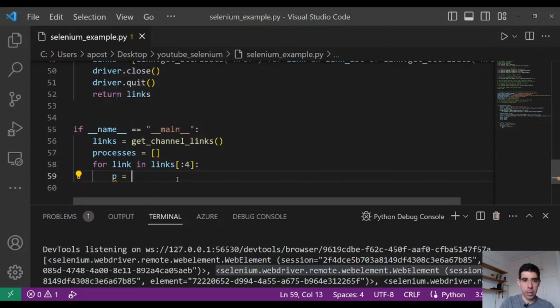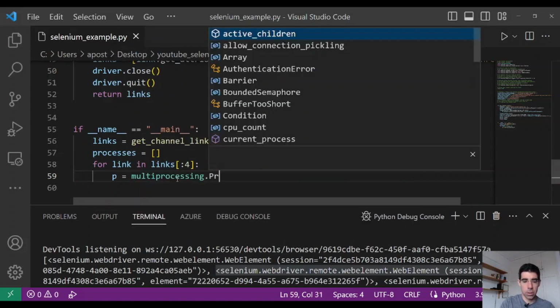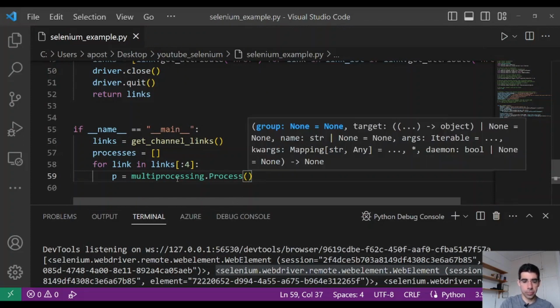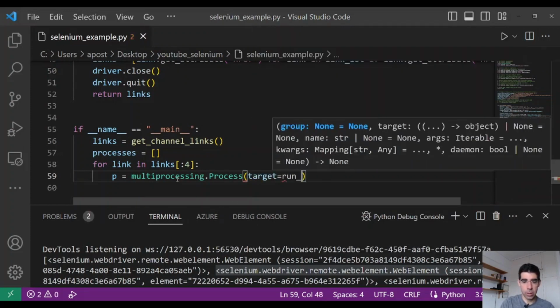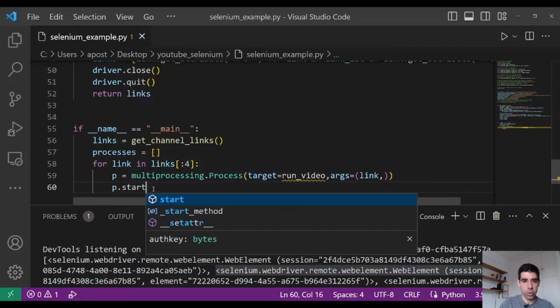And then we need to create a process for each video. Target, we need to define a function, let's say run video, and pass arguments. And we are going to pass the link as an argument. Then we have to start the process